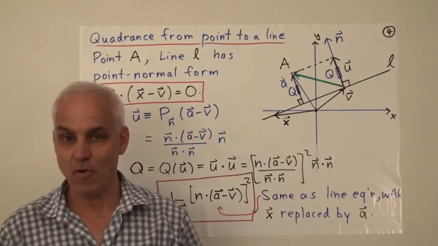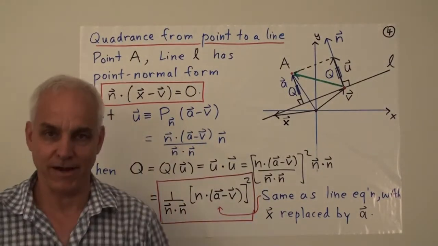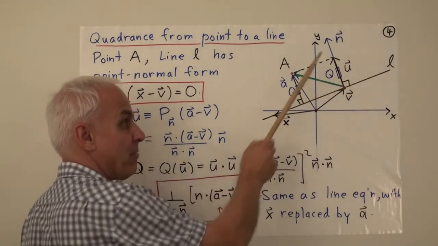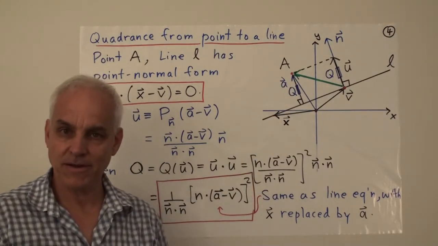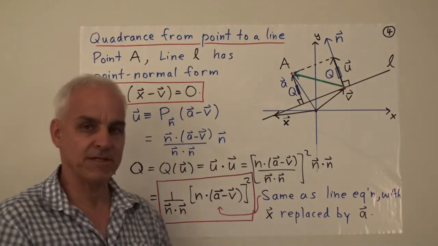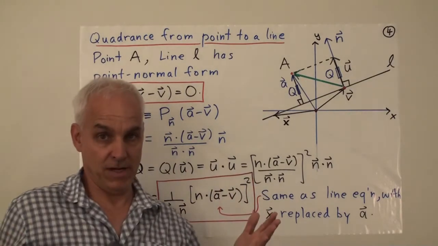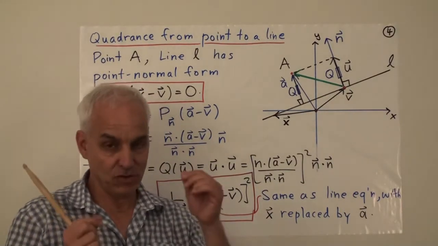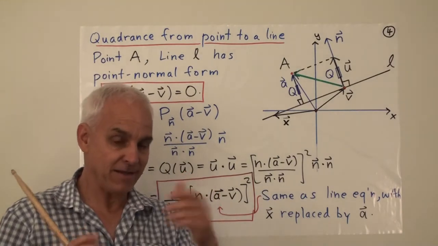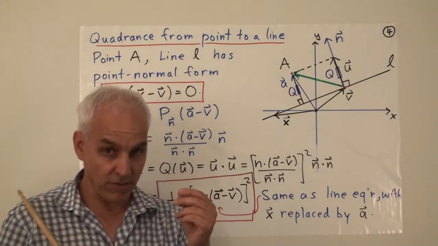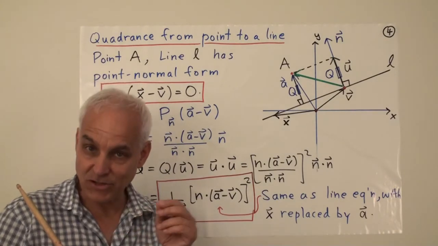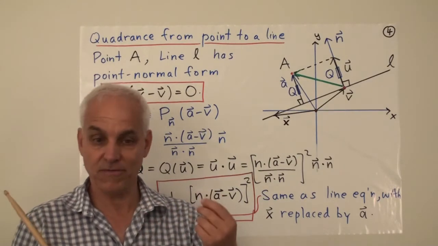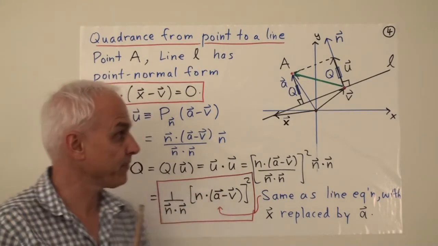Now let's derive an interesting formula for the quadrance from a point to a line. It's a very useful formula. So we have a line, say L, and a point, say A, and we're interested in saying how far this point is from this line. But what does far mean? Well, the way we're measuring in this system is by quadrance. If we have two points, we're defining the separation between those two points in terms of quadrance, which is the dot product of the vector joining those two points with itself. And it's always a rational number if the two points themselves have rational coordinates.